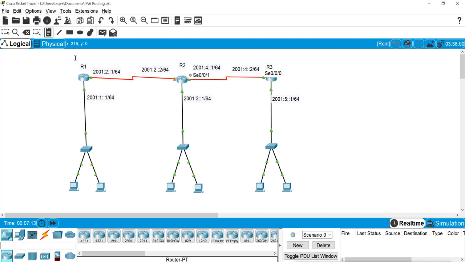In these IP addresses, remember the first 64 bits are always the network part and the rest of the 64 bits are for the host part.